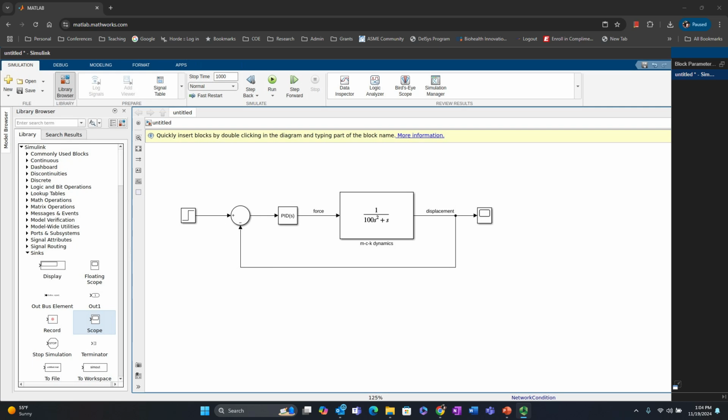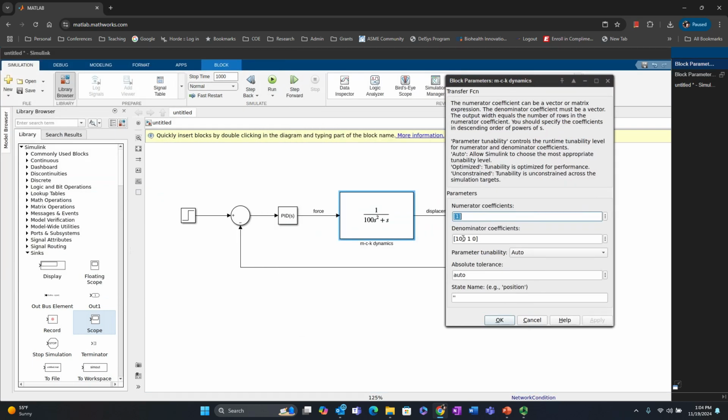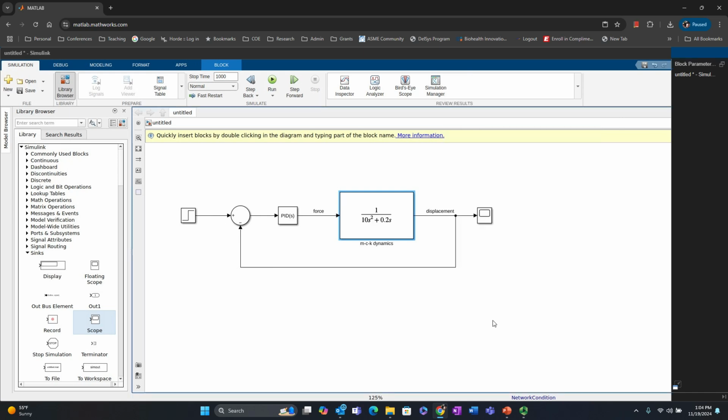So what I'm going to do is modify this transfer function a little bit so it doesn't look exactly like the one in the homework. So let's just change these numbers. I say this is 10 and let's say this is 0.2. And so it's no longer an MCK dynamics. So this is actually